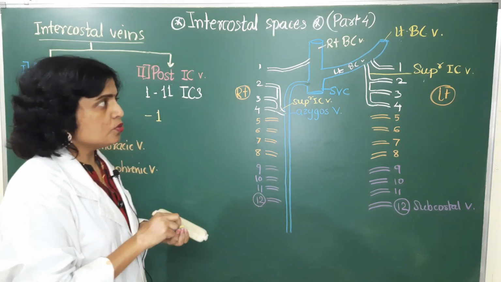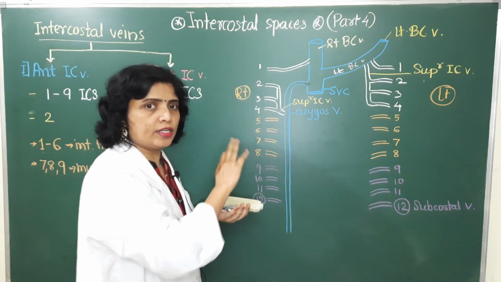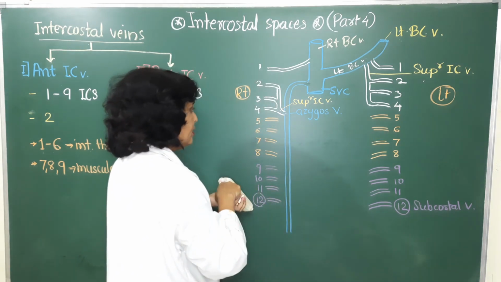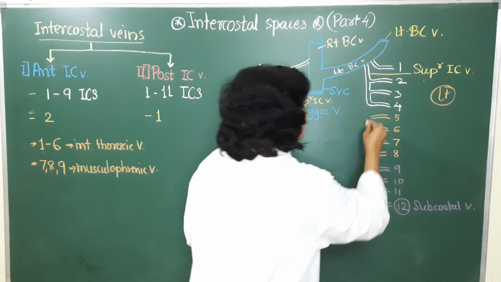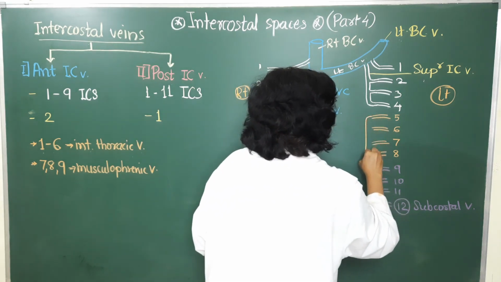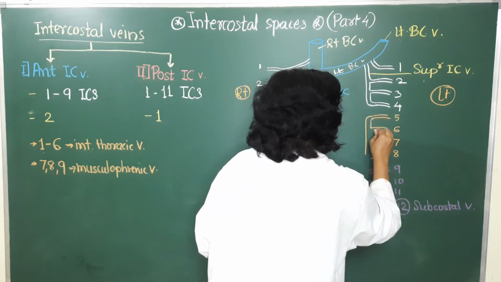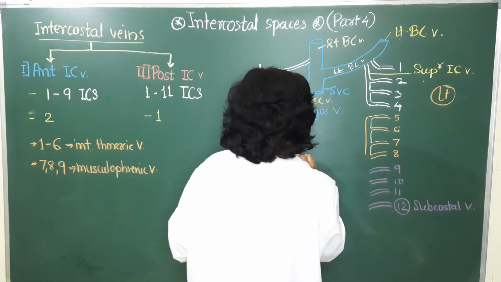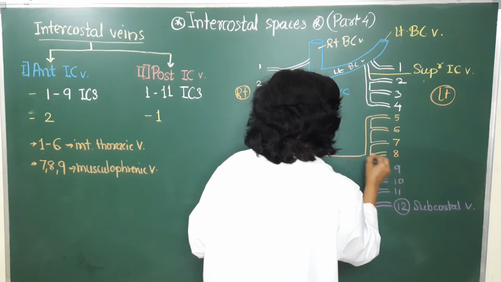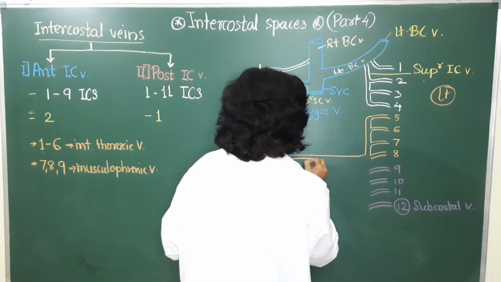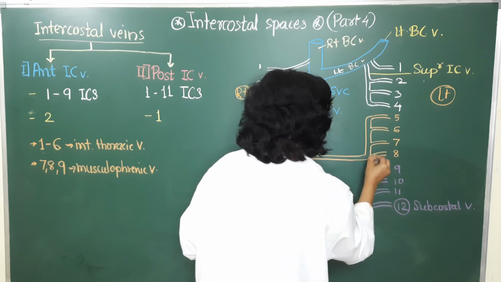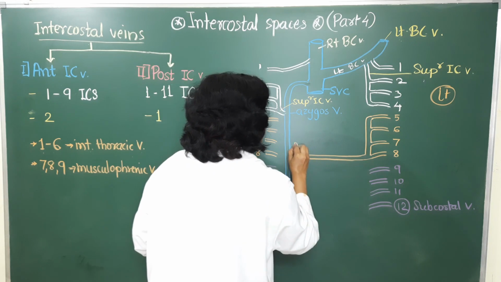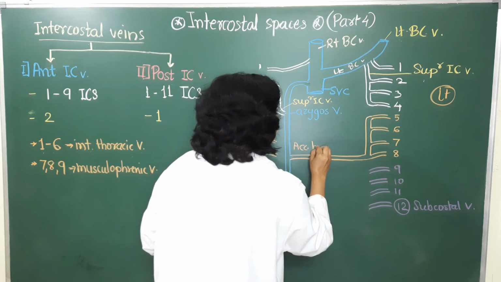Okay. Now, we have finished one set of the veins. Coming to the next set. Here these veins, that is 5th, 6th, 7th, 8th on the left side, these 4 veins unite to form the accessory hemiazygous vein, which crosses the midline and passes towards the right side. From the left side it traverses towards the right side to open in the azygous vein. So this vein is the accessory hemiazygous vein.